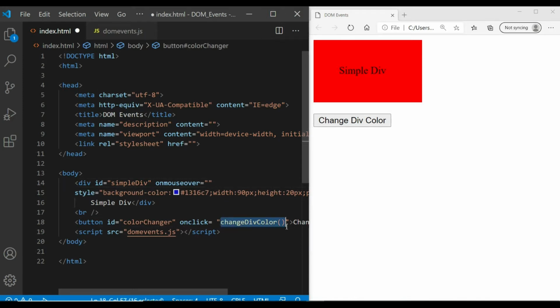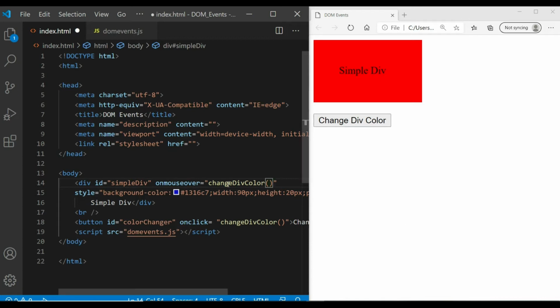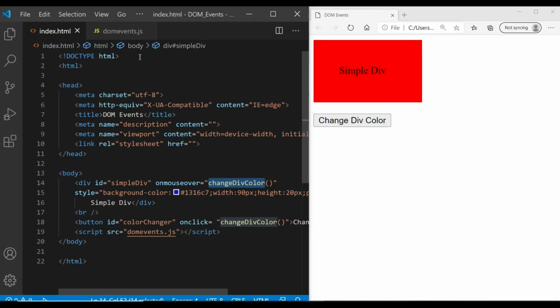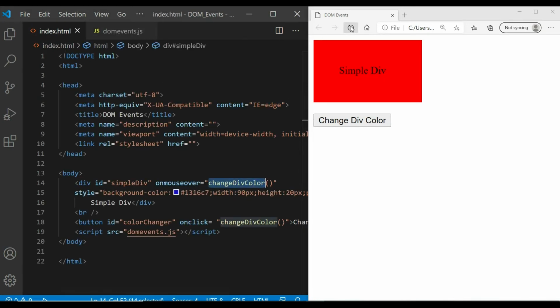What will happen in this case is, whenever you take your mouse over the div, it should change the background of the div, right? So let's refresh it. Again your div becomes blue, and on the div we only added this mouseover function. Whenever I come here you can see on mouseover the div color is changing.